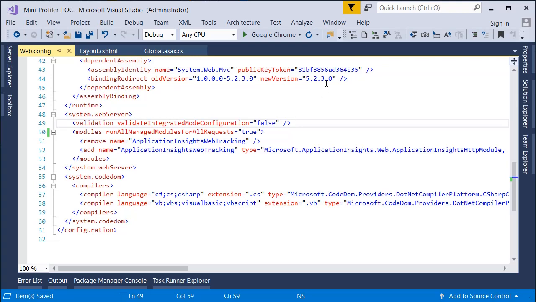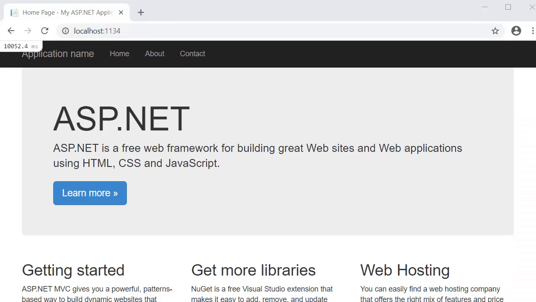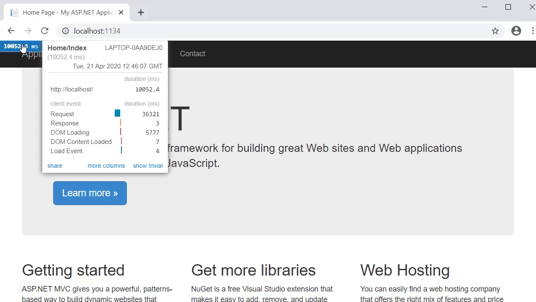Okay, so let's check by running the application. Once the application is in run mode, you will see the pop-up in your left side corner.